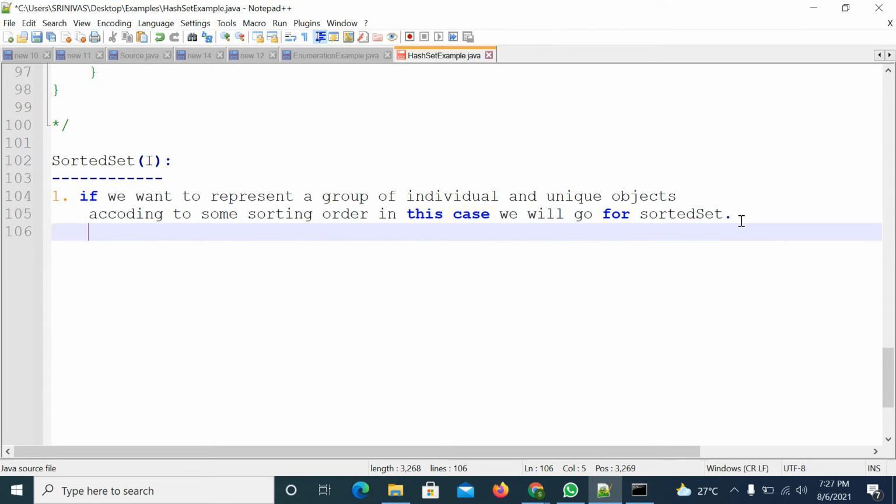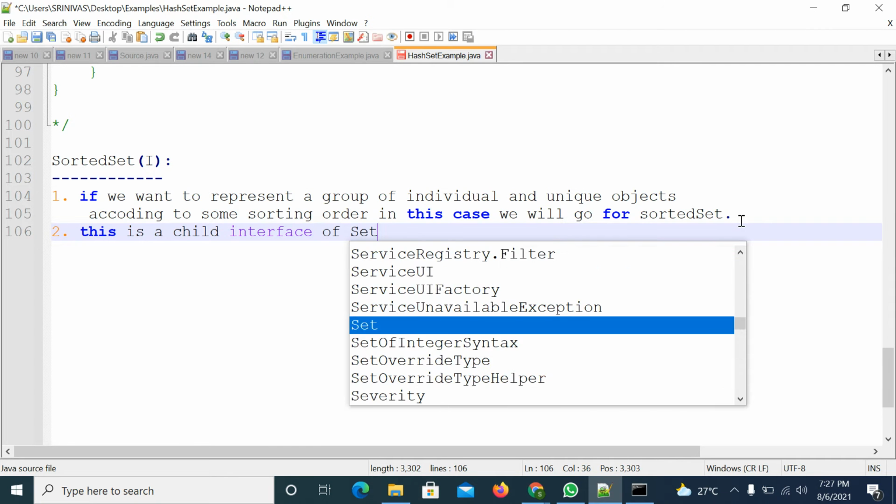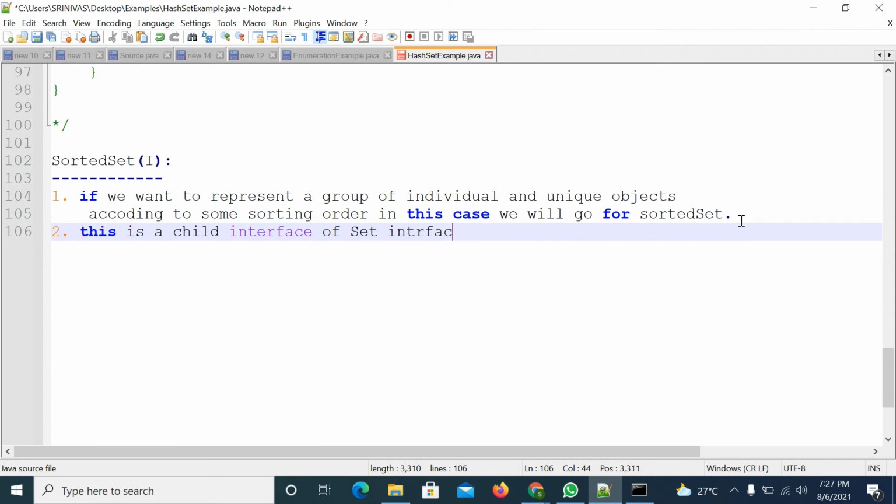The SortedSet interface is a child interface of the Set interface. Whenever I am writing the hierarchy, I write it in the same way.